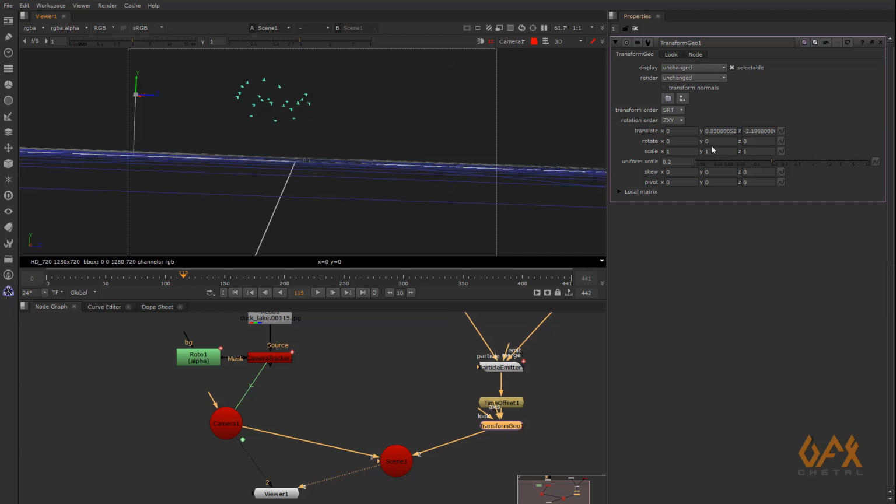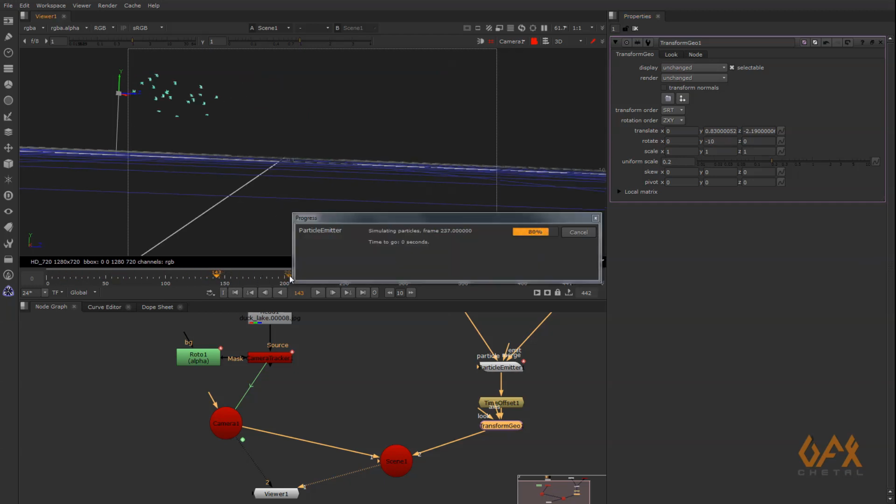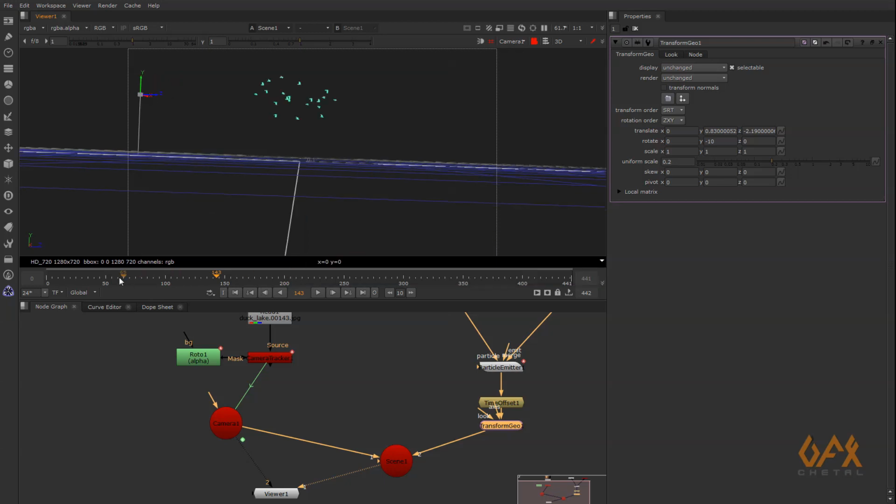If you want to rotate the stuff, you can easily rotate in minus, plus, whatever you want. Okay, so now how to composite this thing.